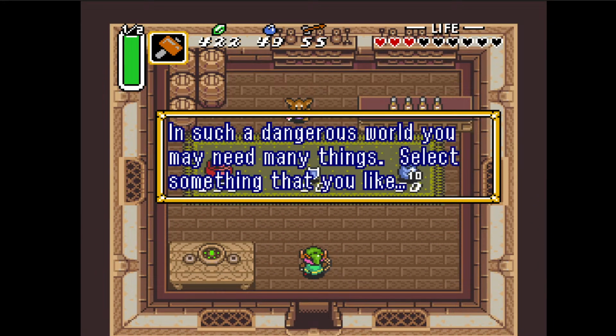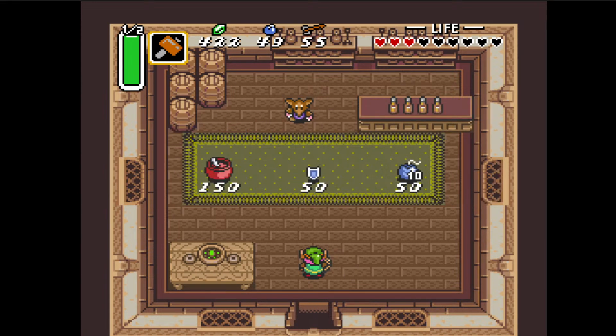It's another shop. In such a dangerous world, you may need many things. Select something that you like. And yeah,